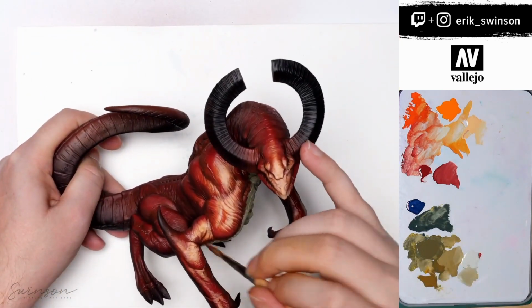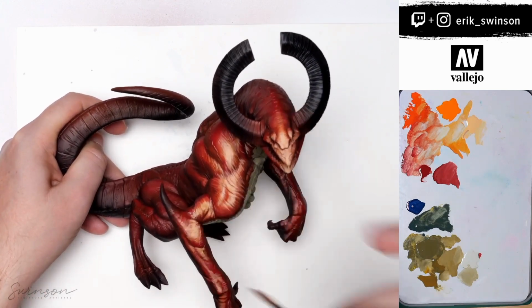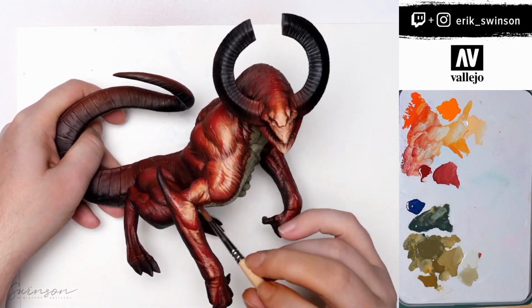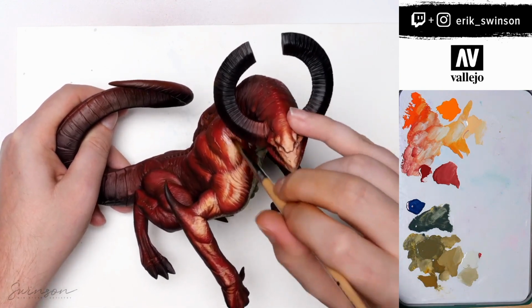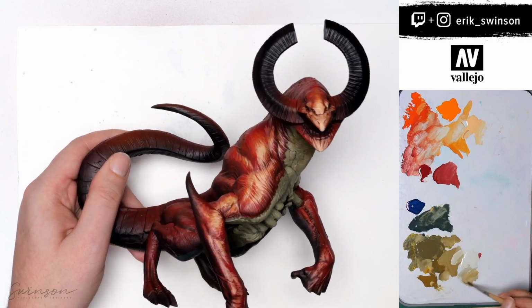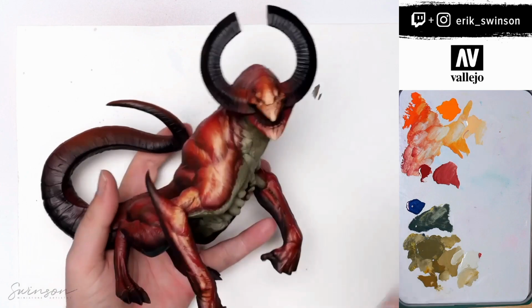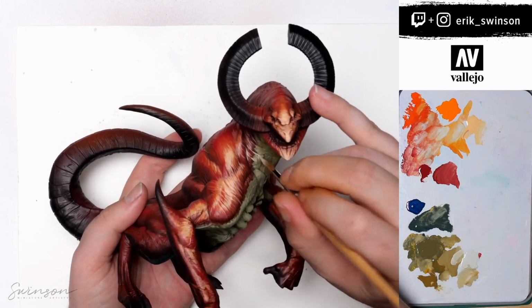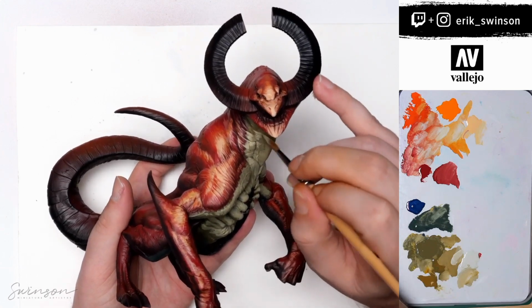So again, now I'm continuing to refine my sketching stage. I want to create a bit more volume in some of the muscles, add a bit of shadows. That was more of a glaze at that point. I'll continue to do some more glaze to reintroduce color and saturation where the elf skin tone has gotten too bright